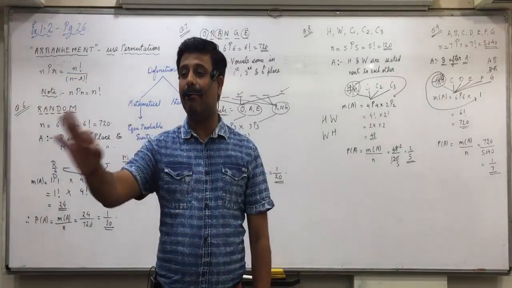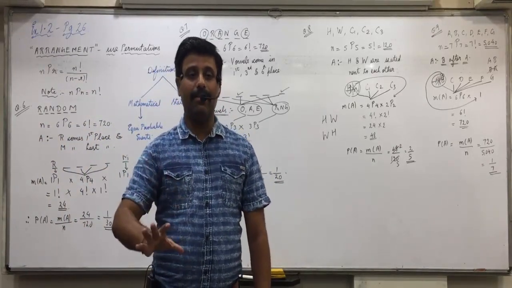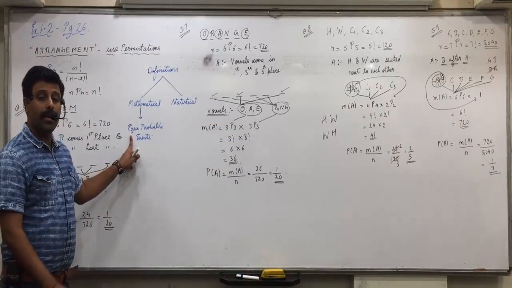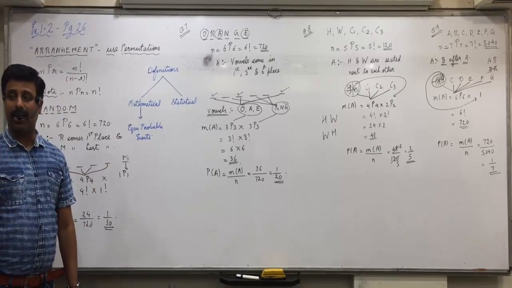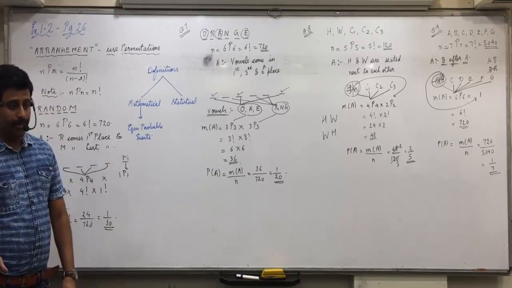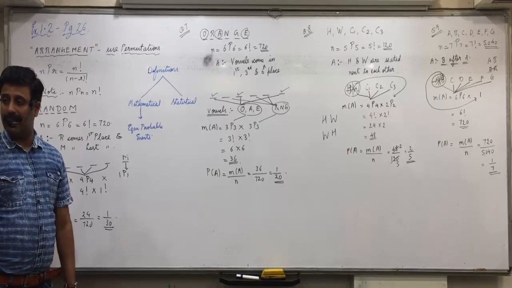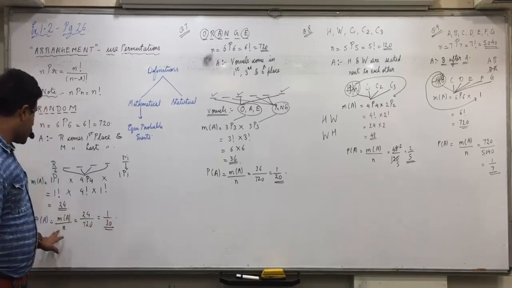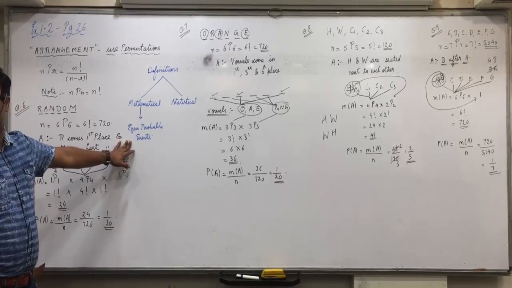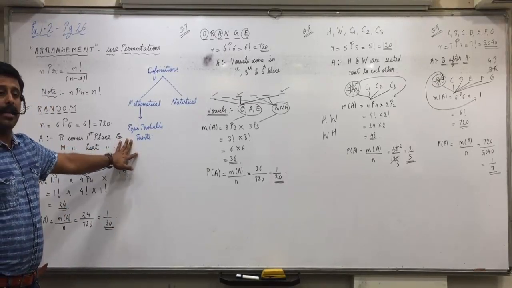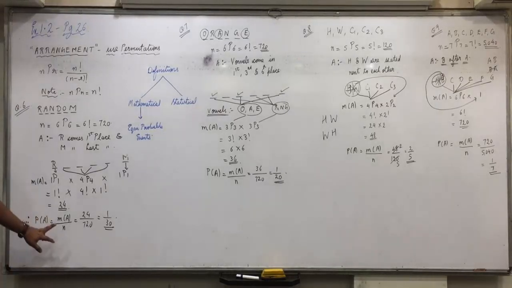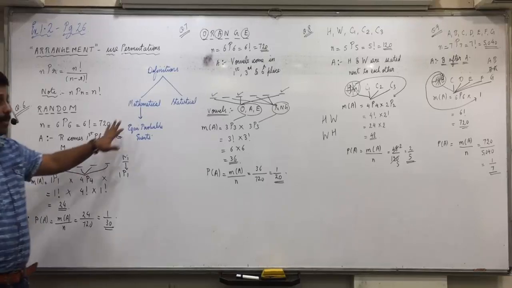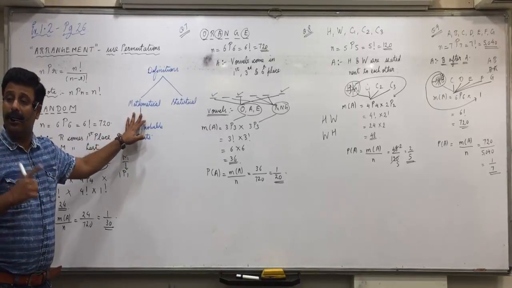If there are n number of equiprobable outcomes which are mutually exclusive, single outcomes cannot occur together, and exhaustive also, the union of all outcomes will become the sample space. So if there are n number of equiprobable, mutually exclusive and exhaustive outcomes, then the number of outcomes in favor of the event divided by the total number of outcomes is called probability. This definition, which we have been applying throughout the chapter, is nothing but the mathematical definition, m upon n.